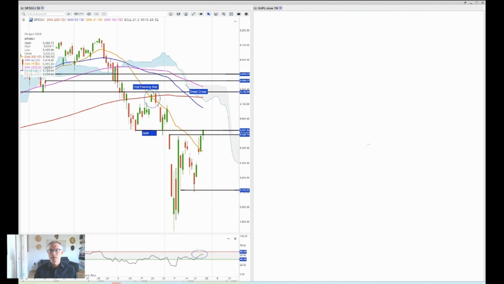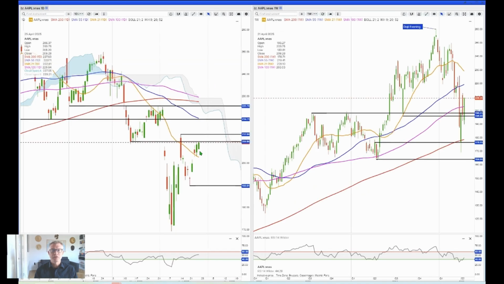Let's have a look at one of the key components of those two indices, Apple. Apple has had a very strong bounce also. Friday testing the 209.68 resistance, which is key, but there could be key up here 212.94, because RSI also here is still below the 60 threshold. However, if Apple does close above 212.94, then I also think we will have the RSI closing above the 60 threshold, and that could pave the way to higher levels towards 225, where we have some stronger resistance